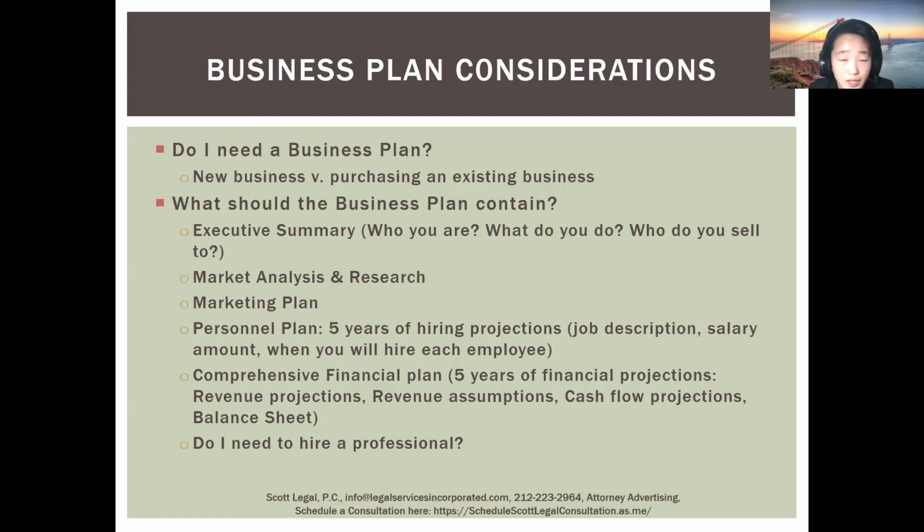And what should the business plan contain? Here are some recommendations on the content that we can add. The business plan should typically contain an executive summary that gives the consular officer a good idea of who you are, what you plan to do with your business, and who you sell to, which means your client base, what the demand will be, and the pool of clients that you will be targeting for your business. You should also contain market analysis and research regarding the field that you are operating in,